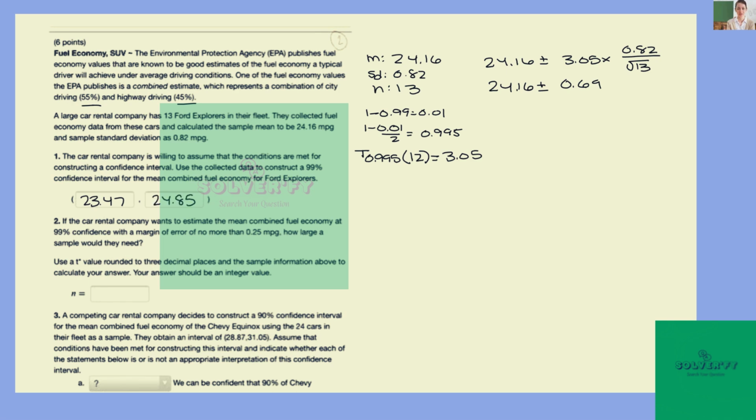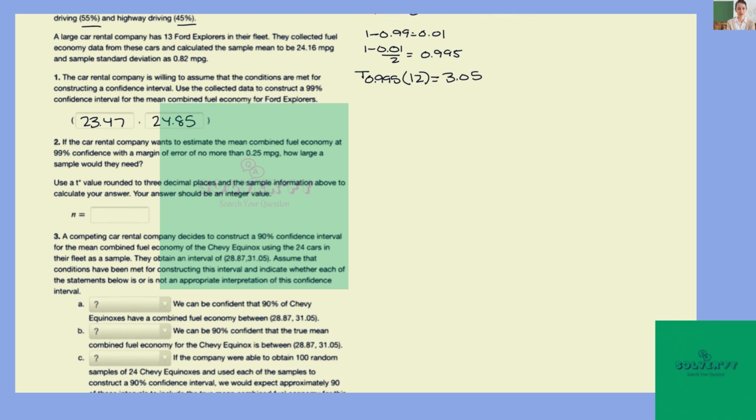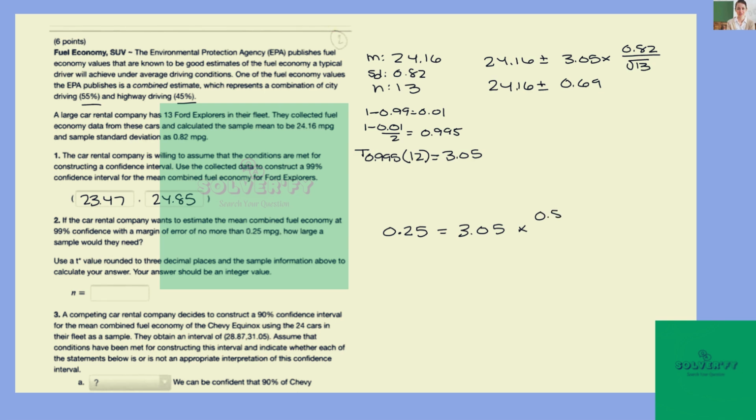24.85. If the car rental company wants to estimate the mean combined fuel economy at a 99% confidence interval with a margin of error of no more than 0.25, how large would the sample need to be? So then that equals 3.05 times your standard deviation of 0.82 over the square root of n. So you have 0.25 divided by 3.05, and so that's